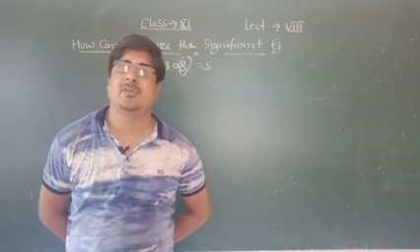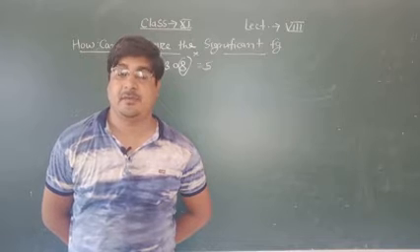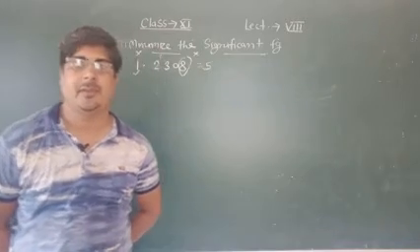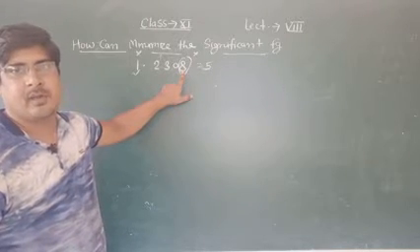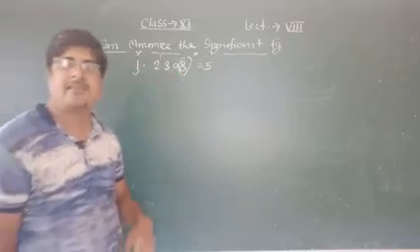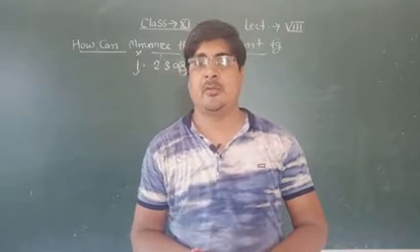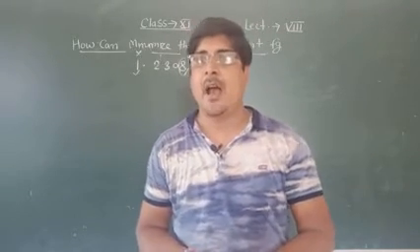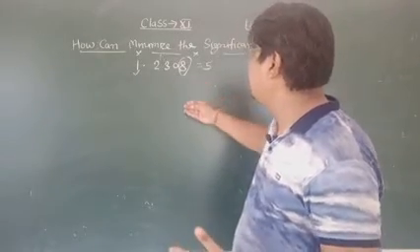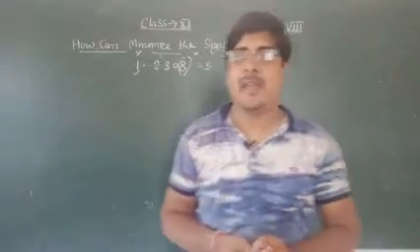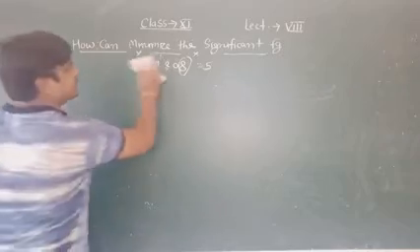And now I'm asking you to convert it into 4 significant figures. Convert it into 4 significant figures, then you will have to remove this number. And what are the rules to remove the last number if I need to minimize the significant figures? So today we will study how we can minimize the significant figures, what are the rules to remove the last number, okay? So let's understand carefully.